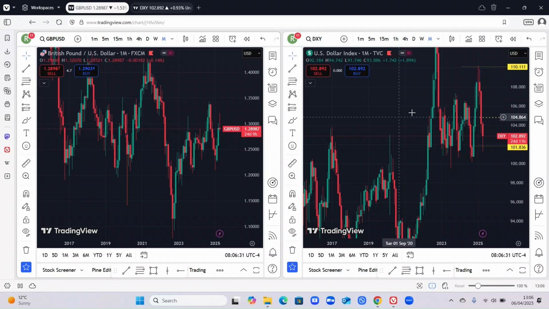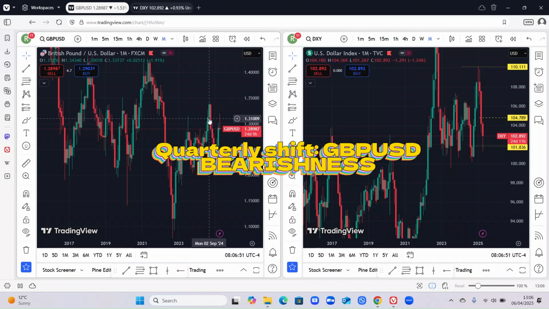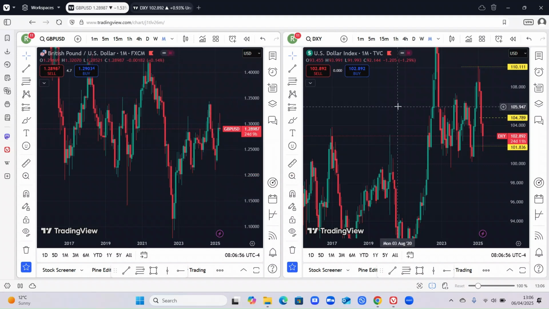What are we looking at from the monthly chart on the dollar index? We can see, like I said last 2 weeks, that the market was consolidating here and there was an expansion to the upside. The market returned back to the order block after filling in the fair value gap here. Then on the British pound USD, the market was trading upside then, and it has now touched the order block on the monthly. So if we drop down to the weekly to see what the market looks like on the weekly, so our expectation, I am bullish on dollar index and bearish on British pound USD for the month, because